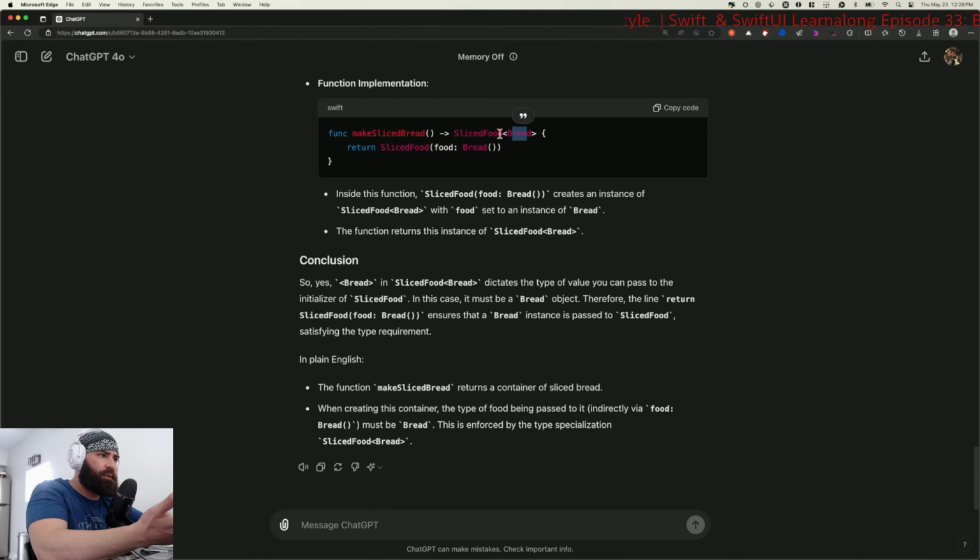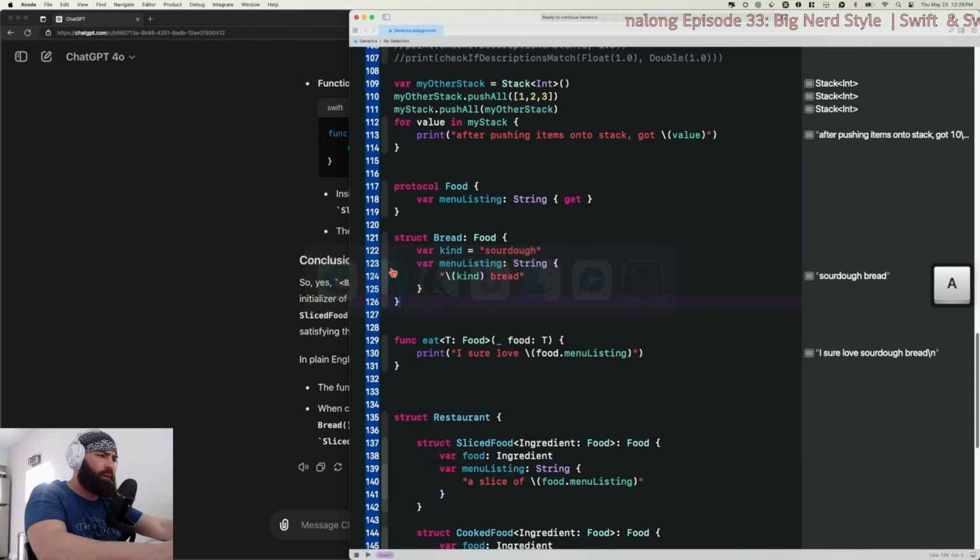this is still the return type, and then inside the brackets would be the type for the argument, in this case food. So whatever you pass in would need to be of type bread. And so